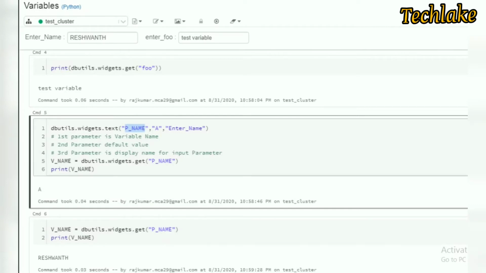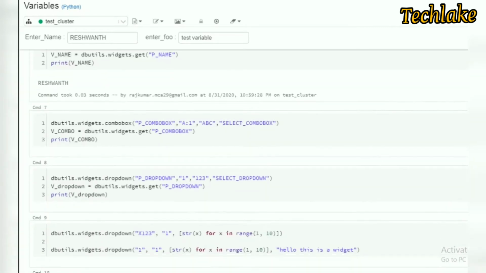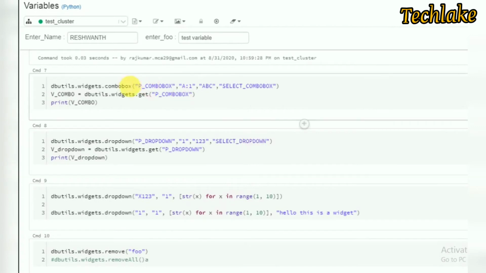Mainly we use this when running with runtime parameters. For example, if you want to use the same code for multiple countries, you can pass a country code. If you want to use the same code for multiple paths, you can pass a path, file locations or whatever it is. The same goes for credentials, which you can store here and read. So this is the way we can create one type, text.